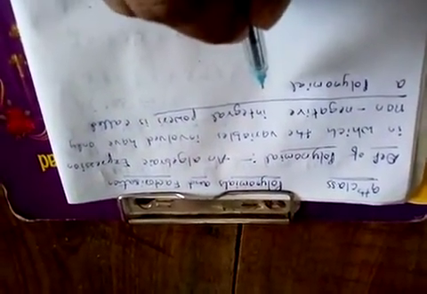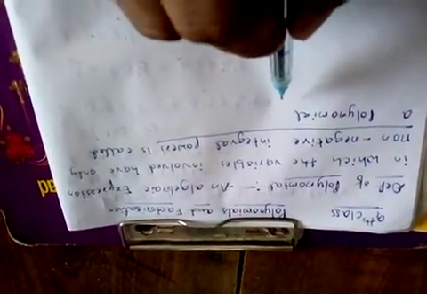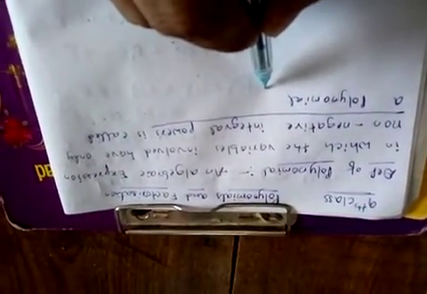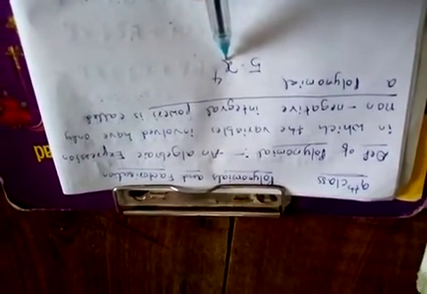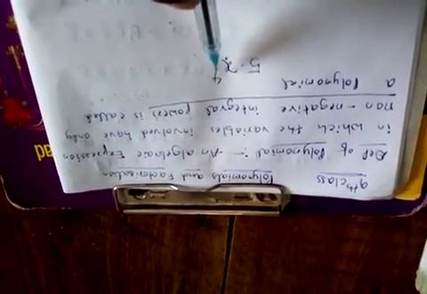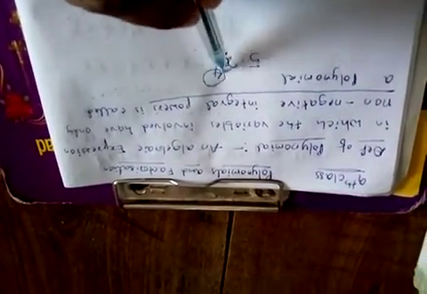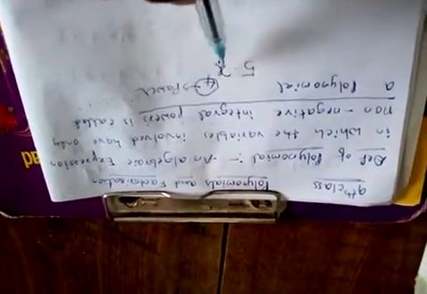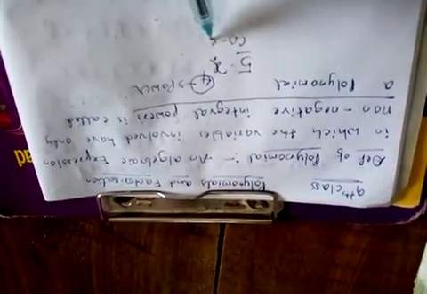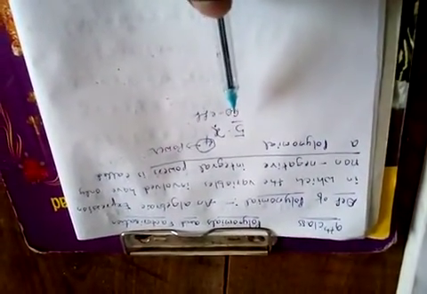Already you know variables are denoted by English small letters. Now let us take one term, 5 into x power 4. Tell me, what is the variable here? x. What is the power of x? We can say power or exponent. Power is 4. Now 5 is the coefficient. So the exponent of x is 4 and the coefficient is 5.